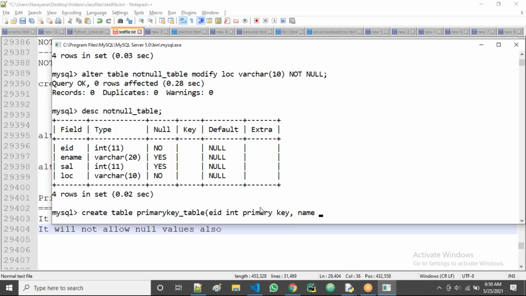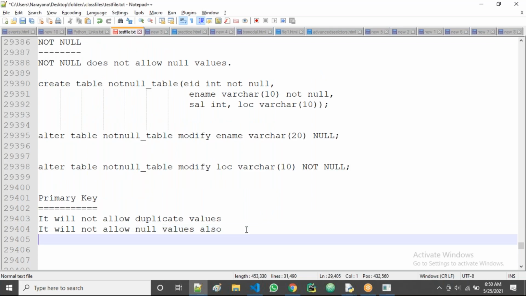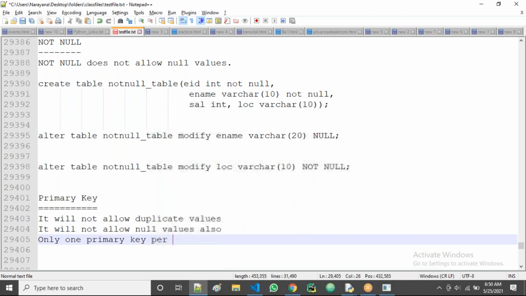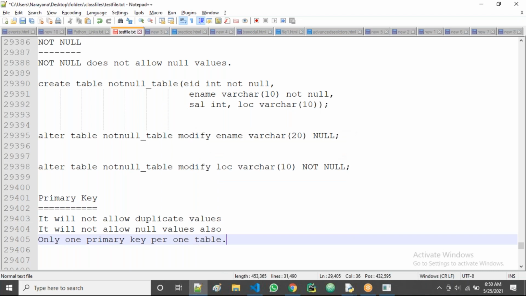One is only one primary key for one table. In the entire table, we should use only one primary key. That is the normal rule.